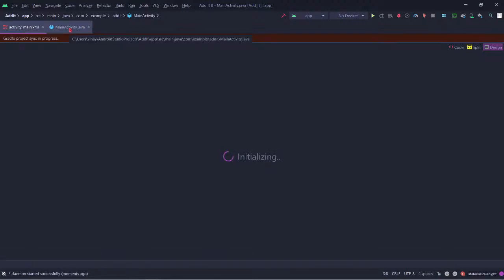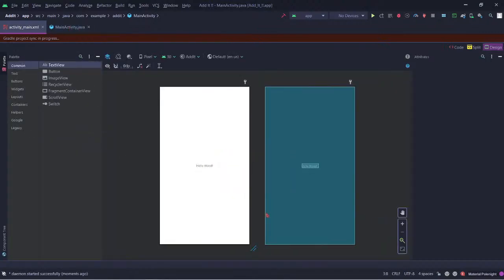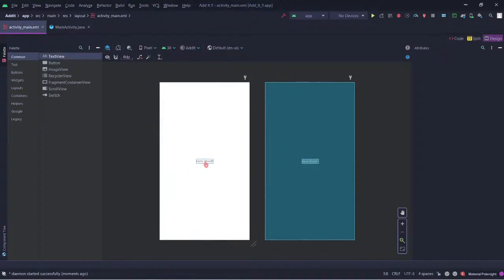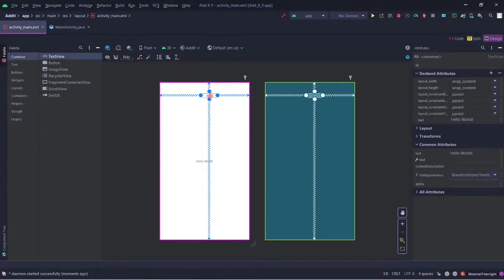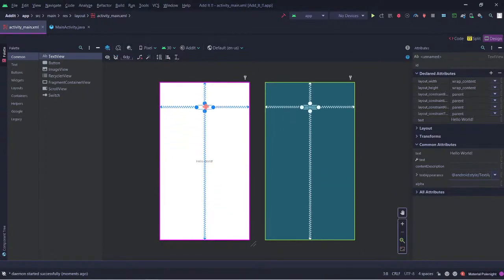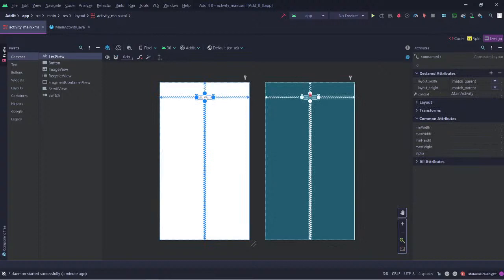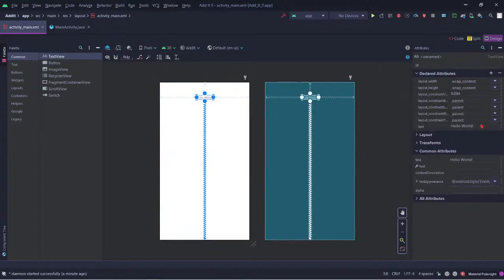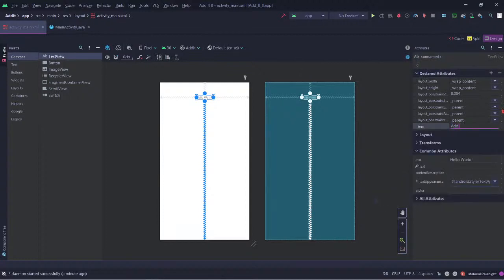So the layout of our app will be pretty simple. We will just give the user two text inputs. We will have a heading and we will have a button which will allow the user to submit the numbers. So first of all we have this thing over here which is Hello World. So I'm just gonna place it in the center and then I'm going to change its text to the heading of our app, which is Addit